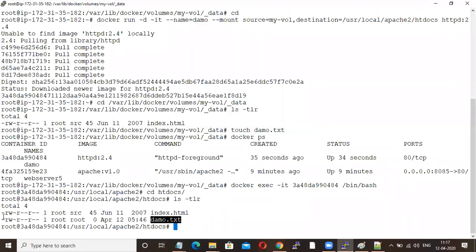So in real time, why do we use this Docker volume? Mainly for backup purposes. What does backup purpose mean? Suppose your container is lost, you can still retrieve some data. If you have some important file in a specific file system, using a Docker volume we mount our local file system to the container file system, so that if the container is deleted or terminated, you can retrieve your data. Understood?